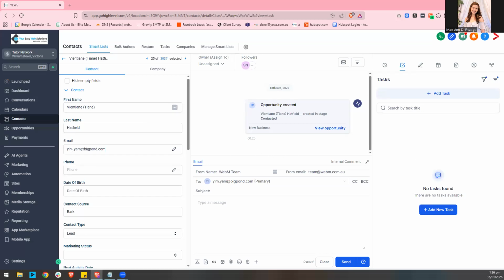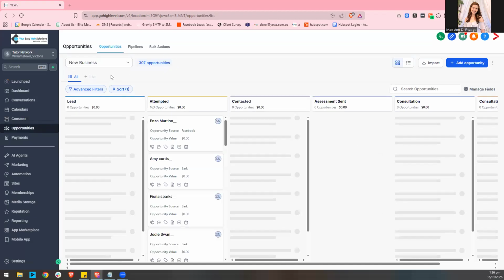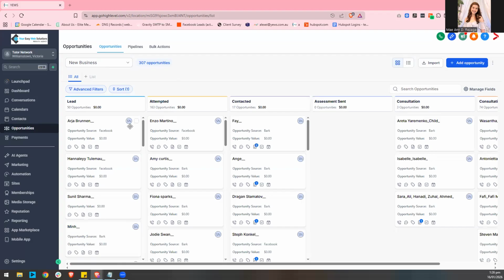Next, we'll look at opportunities where pipelines and stages are managed. Pipelines give you a visual overview of where each lead is in the sales process, is new business pipeline.